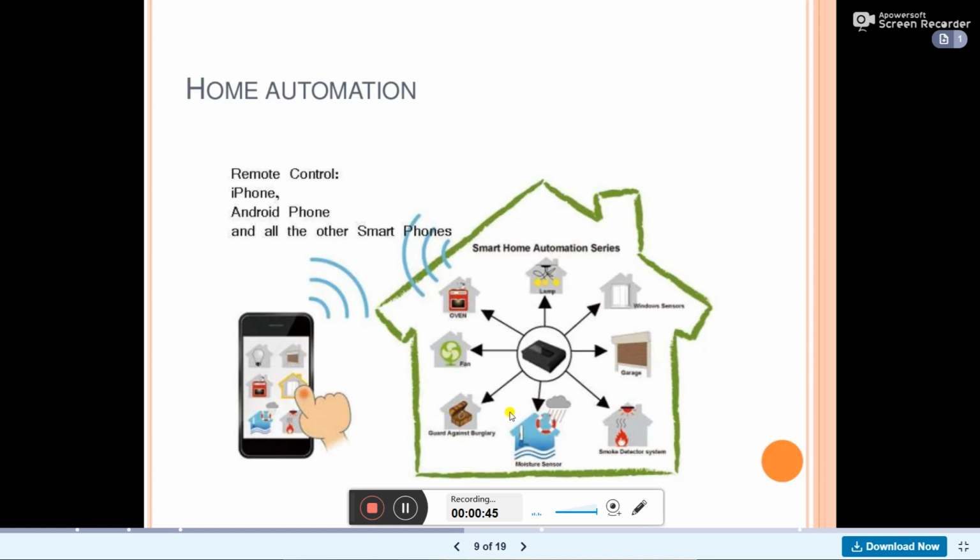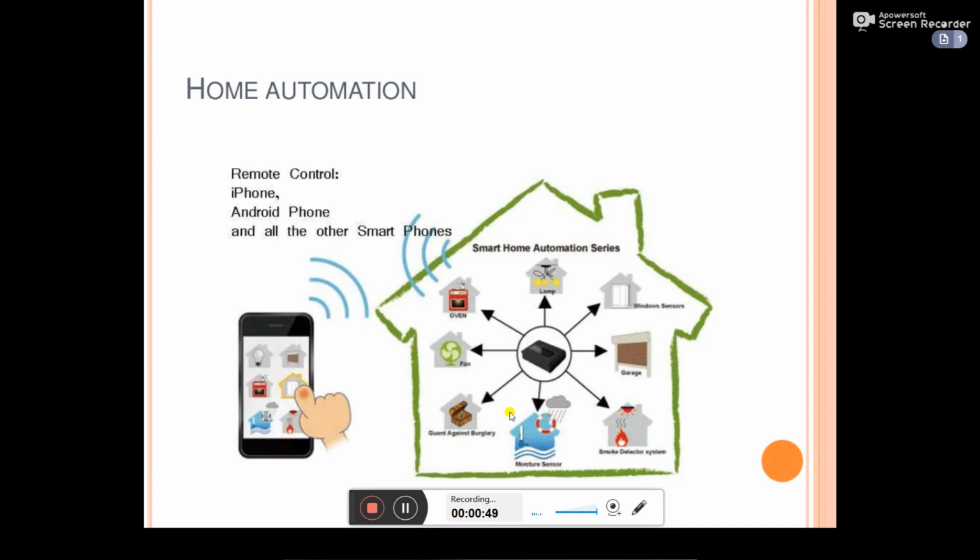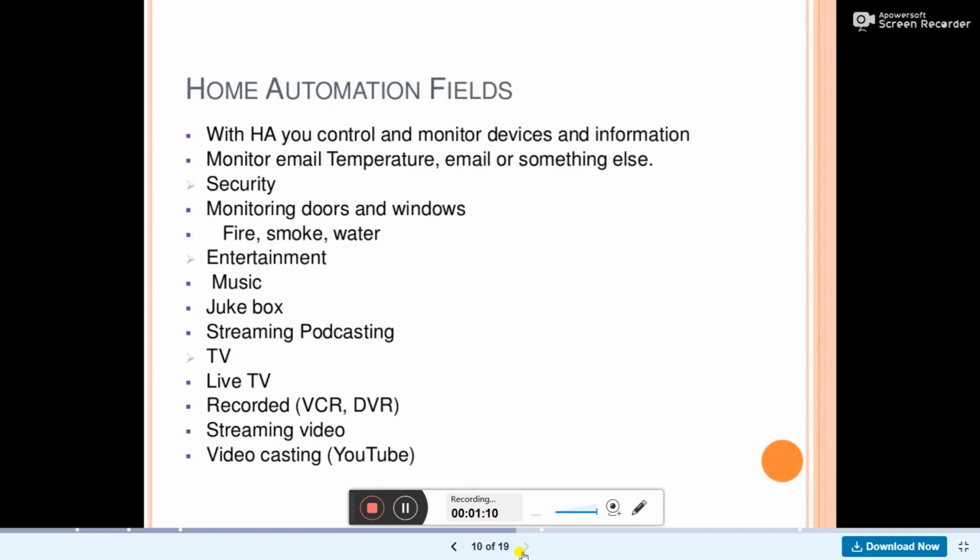Different types of home automation architectures may be possible. Here I am just telling you an example, so don't rely on this being the only system possible. There are many types of architectures possible using a home automation system, and you can find how these home automation systems basically work.